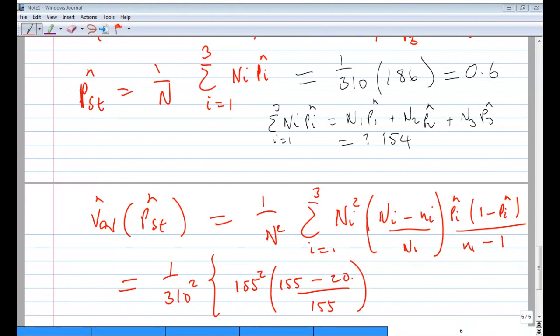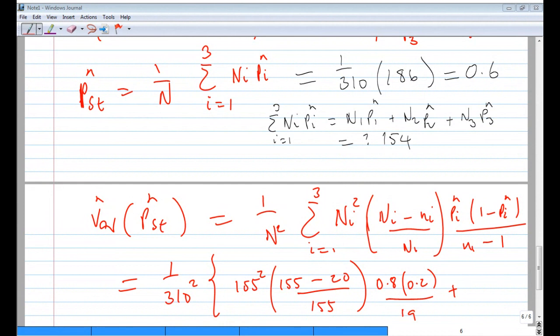Close the brackets. The estimated proportion of stratum number 1 was 0.8, then 1 minus 0.8 is 0.2. Then you divide by the sample size minus 1, which is 20 minus 1, so you're going to have 19. Okay, that's number 1. Plus,